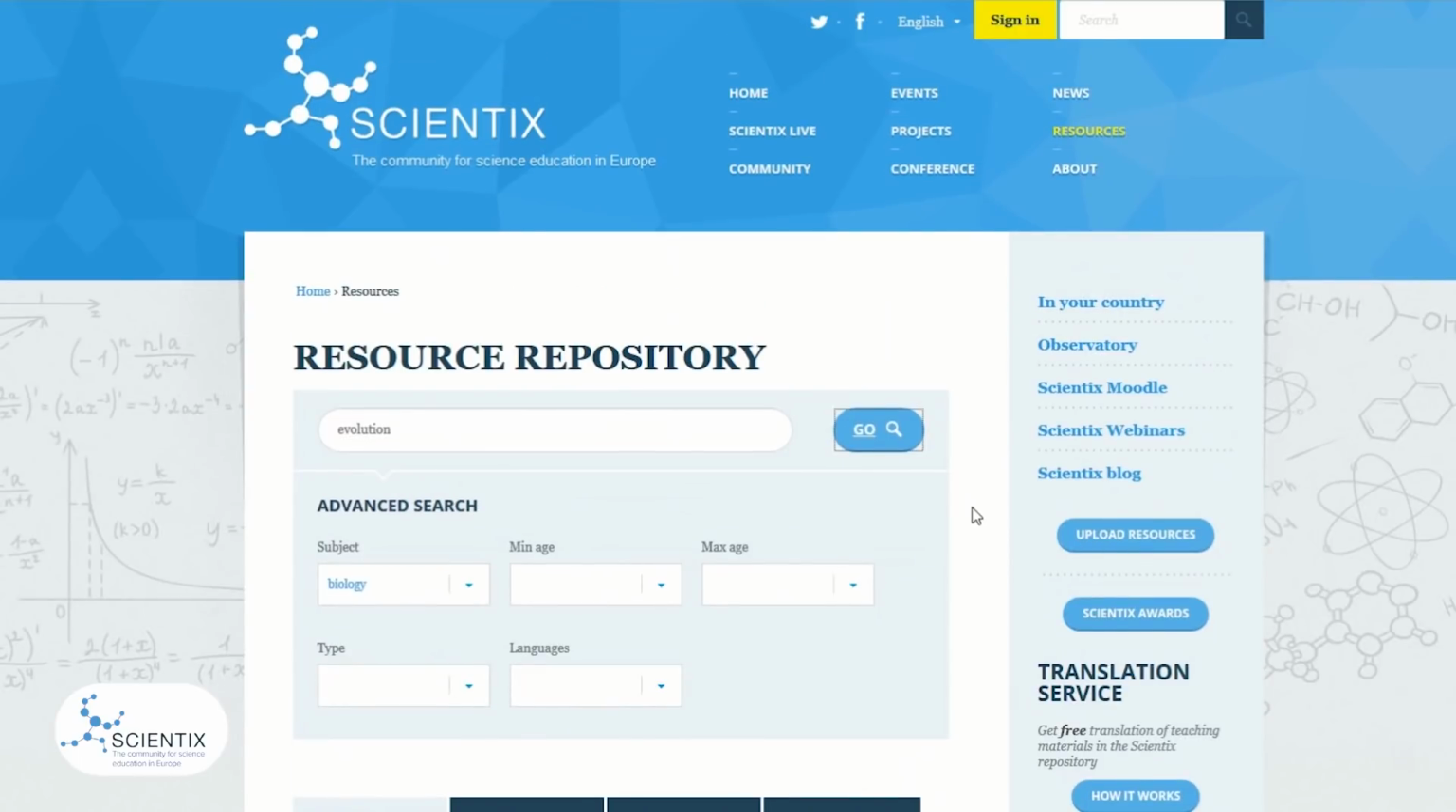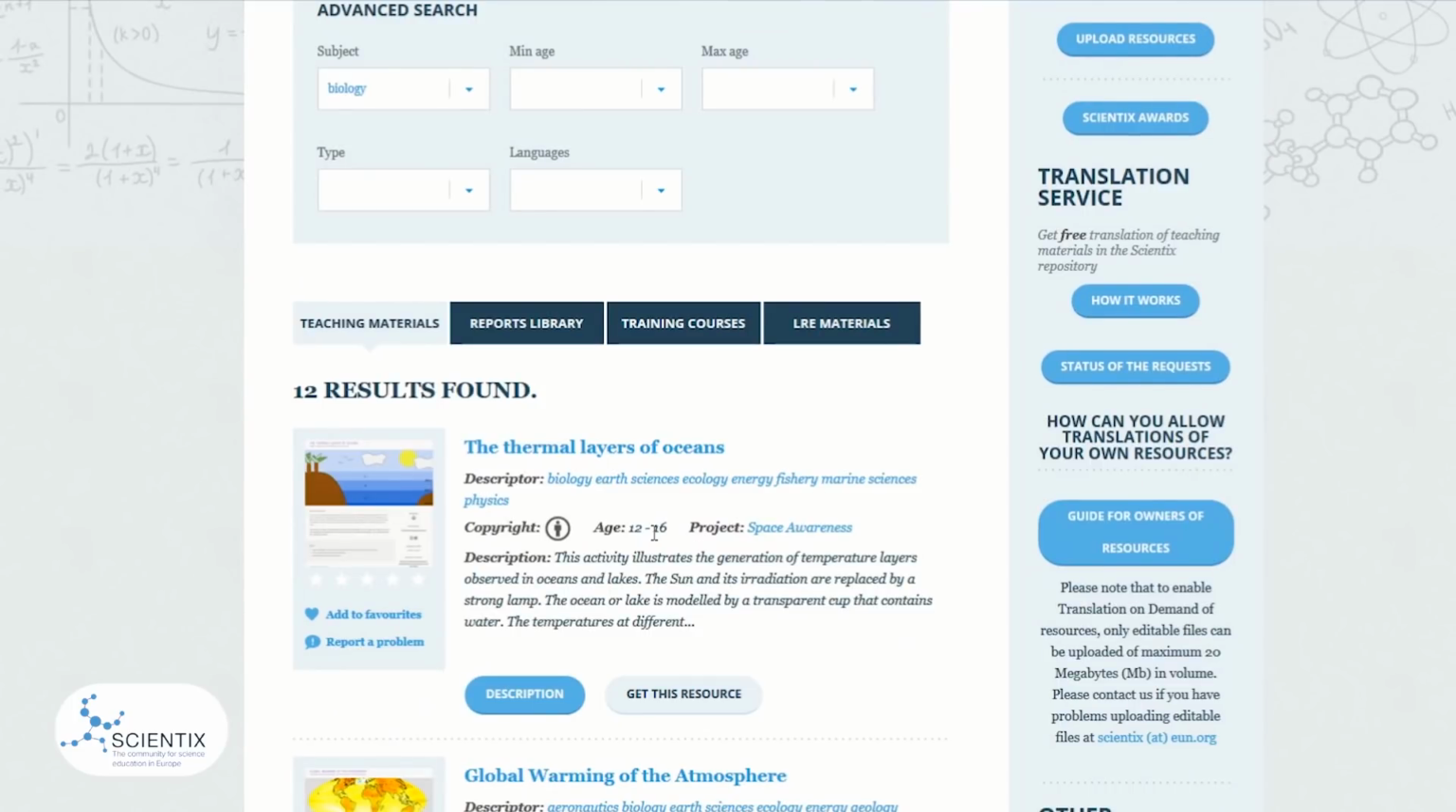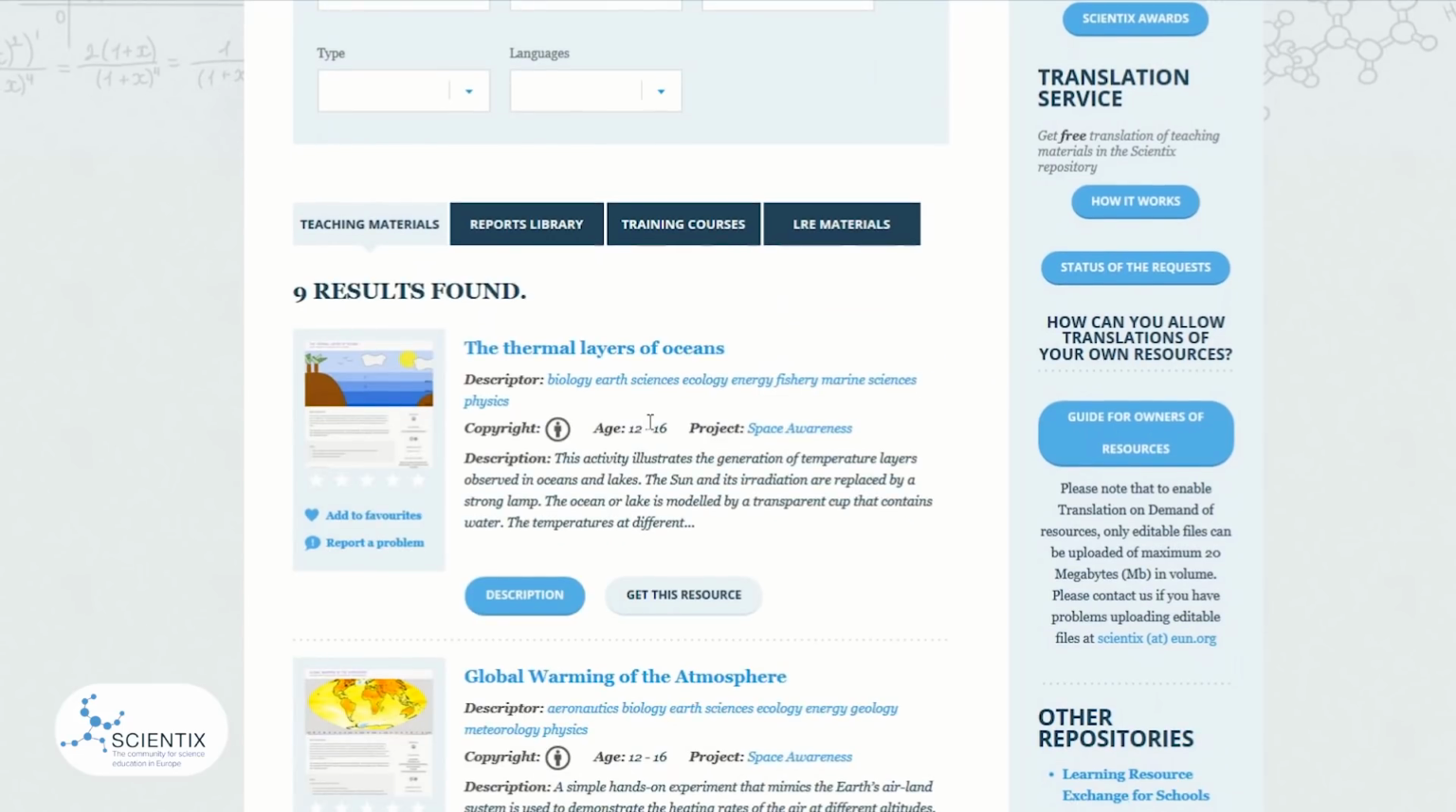If you are interested in a specific age range, take into account that the system is inclusive. This means that if the resource is for 12-16 and you select a minimum age of 10 and a maximum of 13, the resource still appears on the list. One of the reasons why we have an inclusive system is because we don't want you to miss resources that